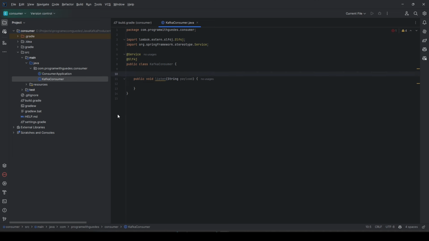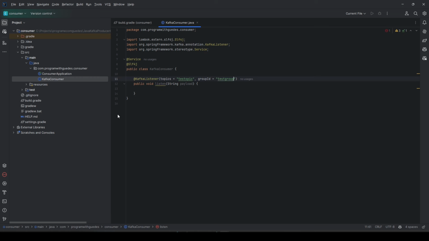And for our consumer, working is very simple. Add Kafka listener annotation, set your topic, in my case it is test topic, and define your group ID, in my case it is test group, and under the method I just print a log info, event received, payload.